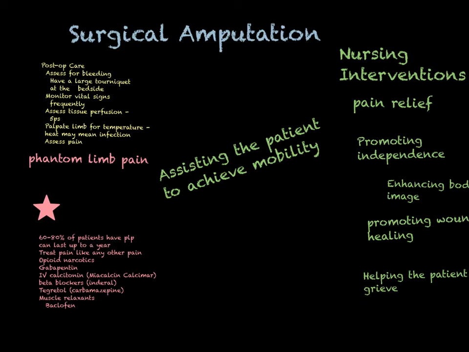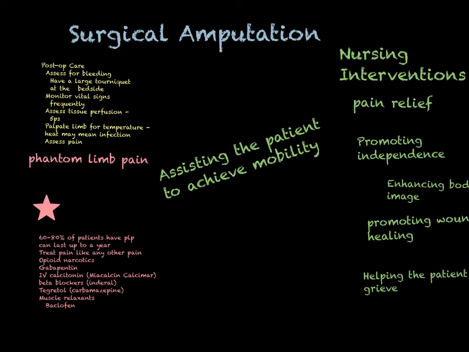So one thing that we don't want to do is to have this person elevate the limb on a pillow. And I know I just said it like twice, so remember it. It comes on a lot of the NCLEX style questions. Because amputation is a common surgical procedure, you certainly don't want to cause this person any permanent disability. The hip flexors in particular can get very contracted.